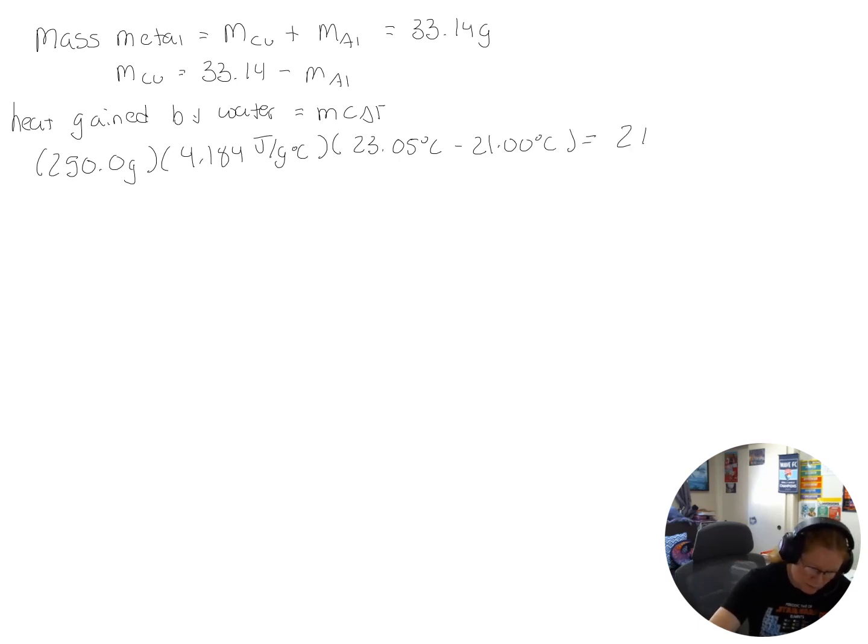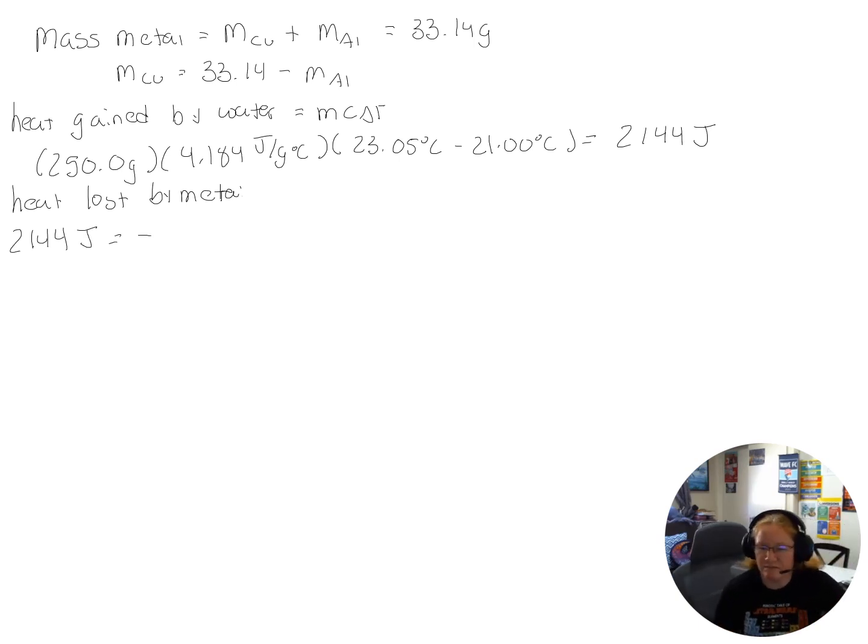So 2,144 joules is how much heat the water gained. So that's how much heat the metal lost, okay? So our heat lost by metal is going to be that 2,144 joules,